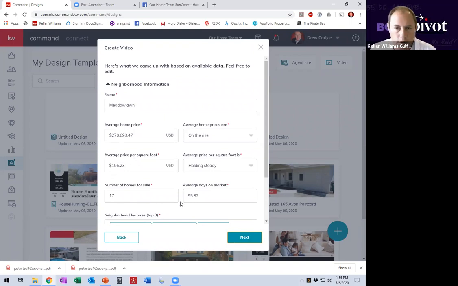Now, if you run a search on MLS, say for average list price, average sale price, average price per foot, and you're coming up with a different number, you have the ability to go on here and change it. So if the average is 270,693.47, that's a little bit too specific. So if you want to say the average home price is actually